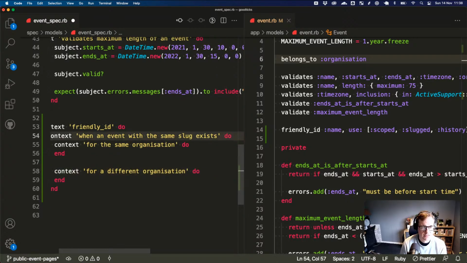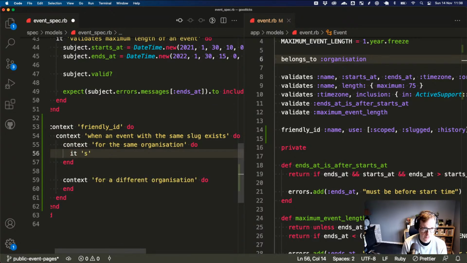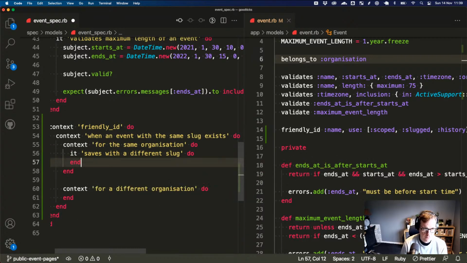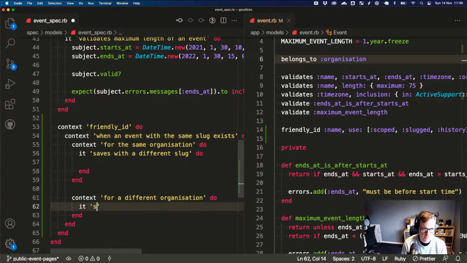When an event with the same slug exists for the same organization, it should, so at the moment, I think it will add a UUID, but I don't think we care why it's different. I think we just care that it does still save, but it updates the slug, and here we care that it saves with the same.